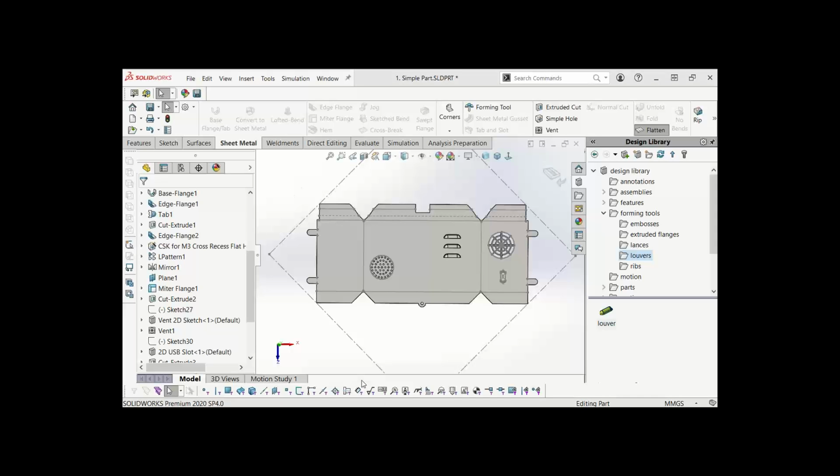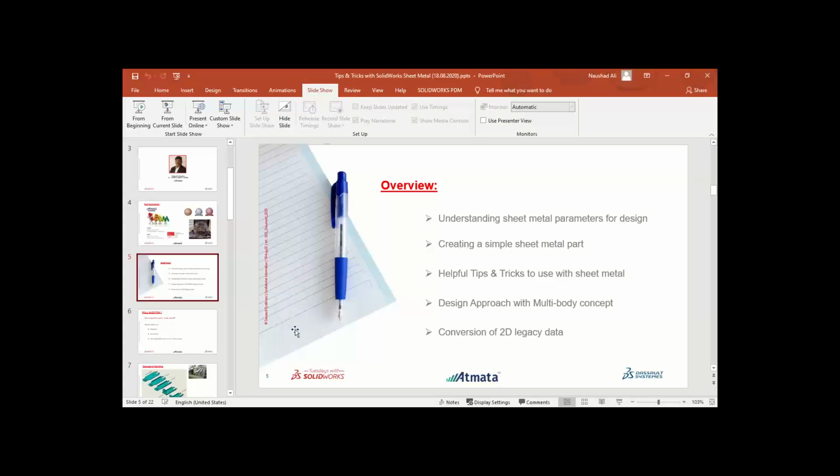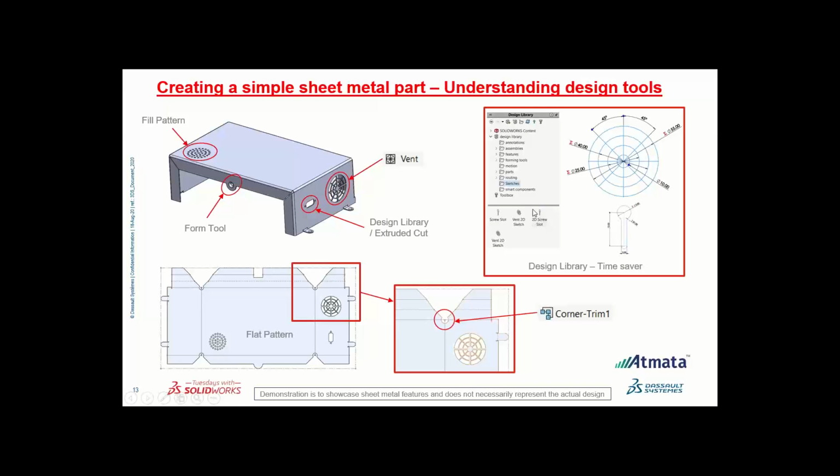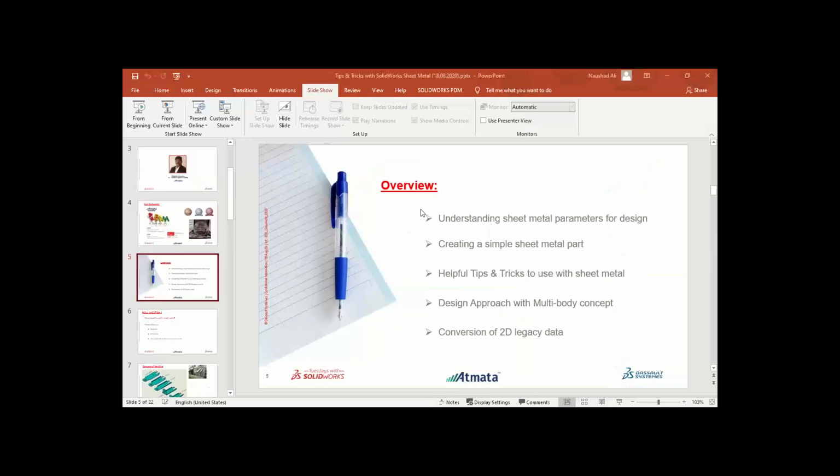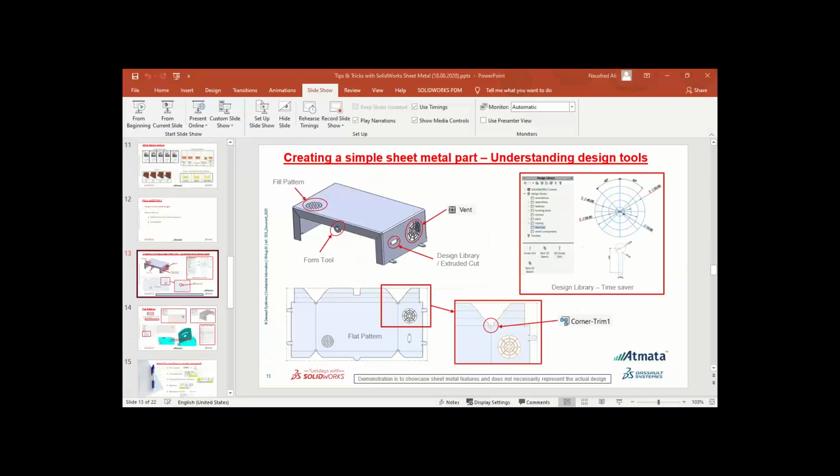Okay, so what we saw here is creating a simple sheet metal part. Very simple concepts with sheet metal. So always remember you have the option where you can use the design library, and also with the flat pattern you have an option here where you can